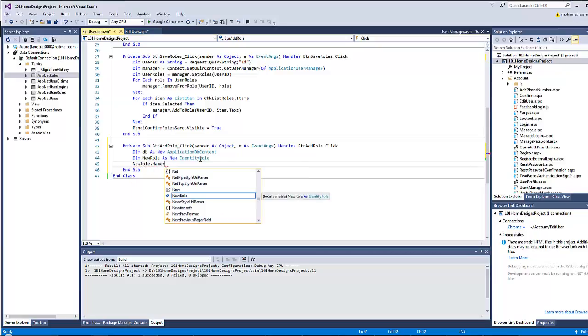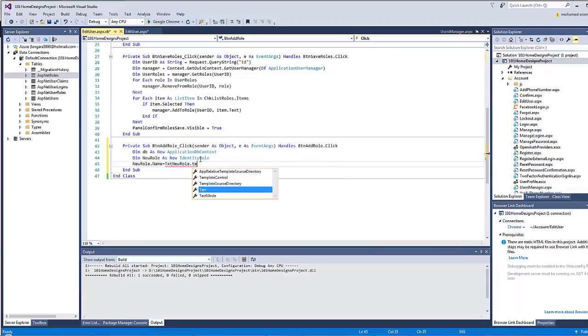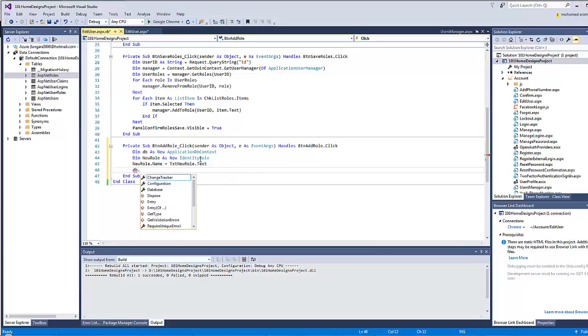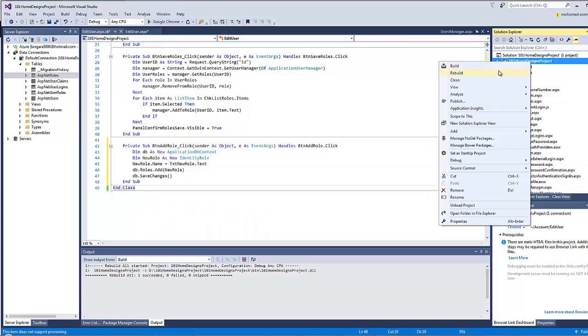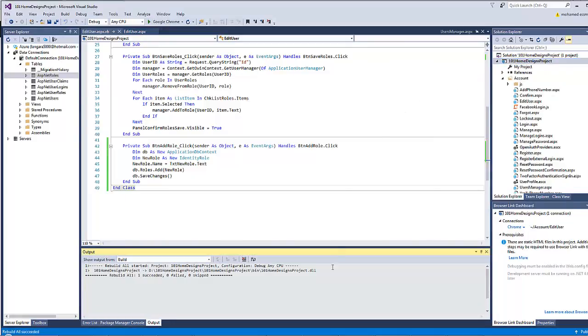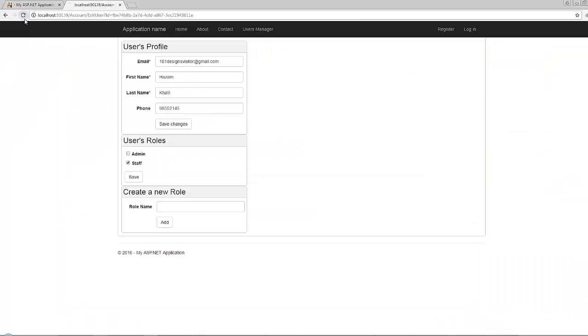Okay, this new role dot name will have the value of text new role dot text, then db dot roles dot add the new role, and don't forget db dot save changes. Okay, now let's rebuild our project. Let's go to our page and refresh it. Okay, let's first test. If we click on the add and the role field is empty, I will get this